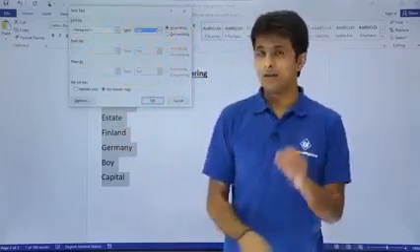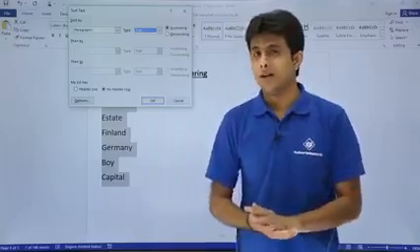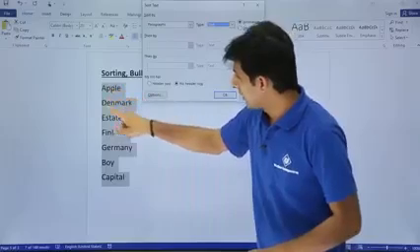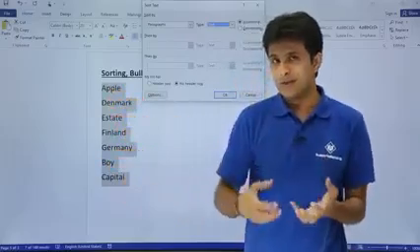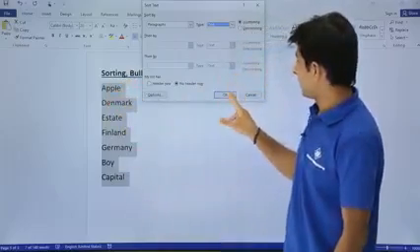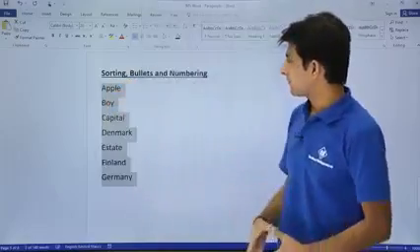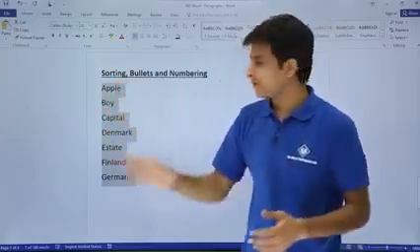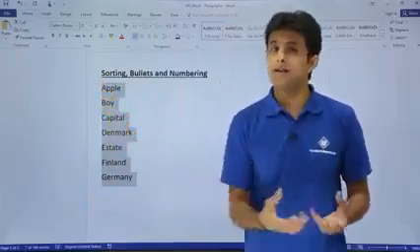How do you want to sort? Do you want in the ascending or descending order? So I'll say I want in the ascending order. So observe here, Apple, Denmark, the B word which is written as B boy, it will come in between A and D, right? So if I click on OK, you observe what will happen here. You observe Apple, Boy, capital, Denmark. Purposely I've written that text so it's easy to understand, A to G, all the alphabets.